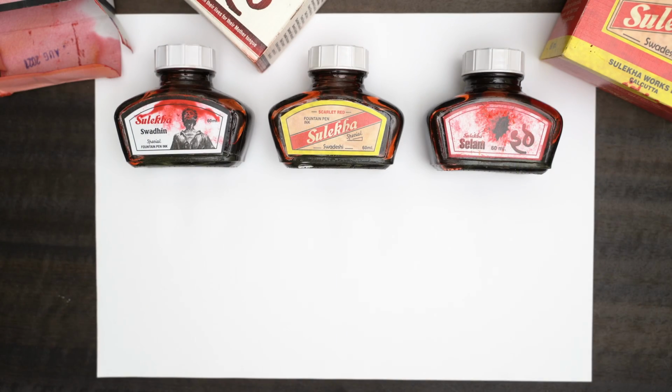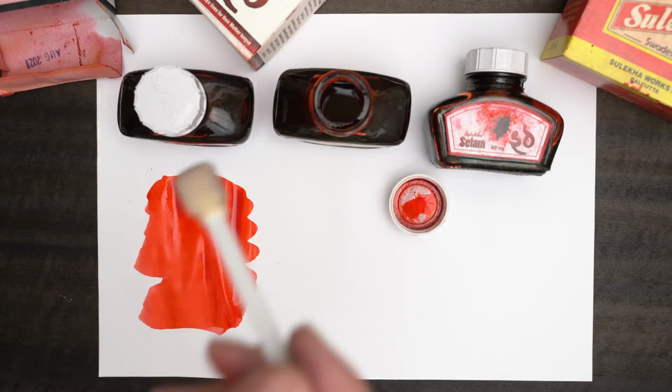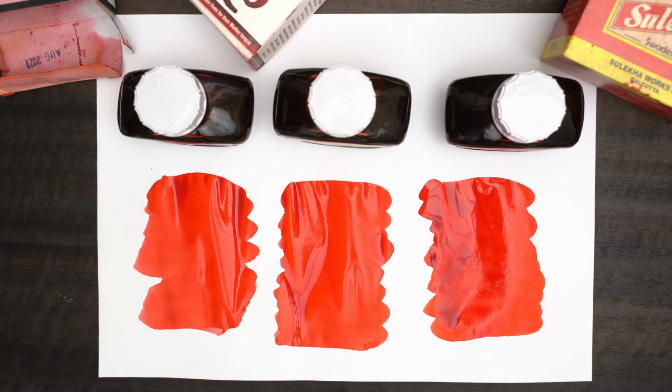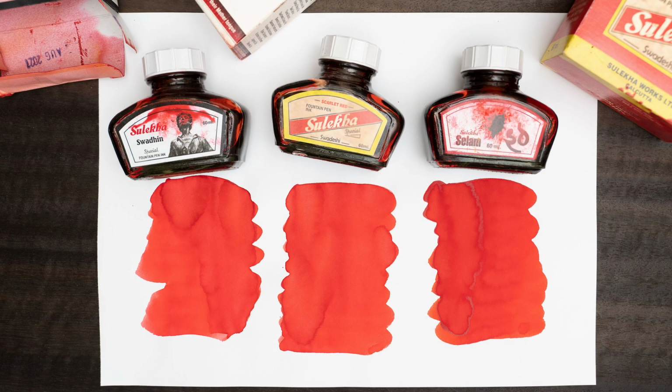Moving on to the reds, let me get them all on the paper to start with. And yes, they still look almost identical to me. I will say that the Samarpan on the far right here is more saturated than the other two. It's just slightly darker as a result. It's saturated enough that when it's dry, there's just a little bit of bronze sheen around the edges of the